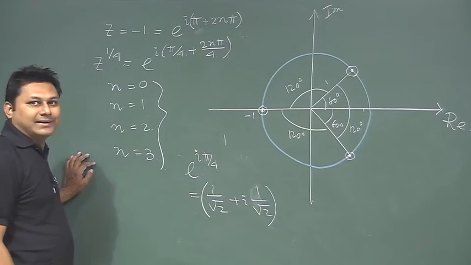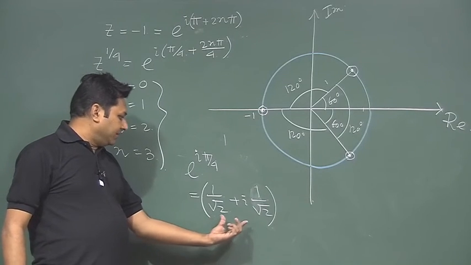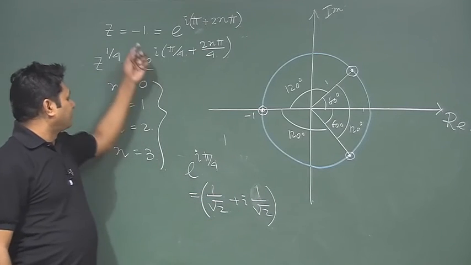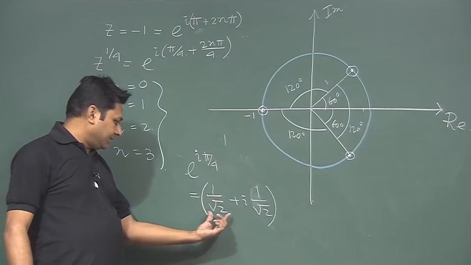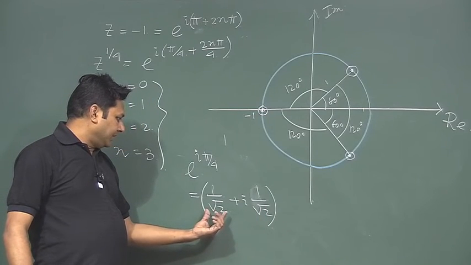It seems to be something like this. Pi by 4 means 45 degree, 45 degree means this. If you take a to the power 4 of this quantity, you will have minus 1 returned back. If you have a square, then this square plus this square is 0, you have 2, and then